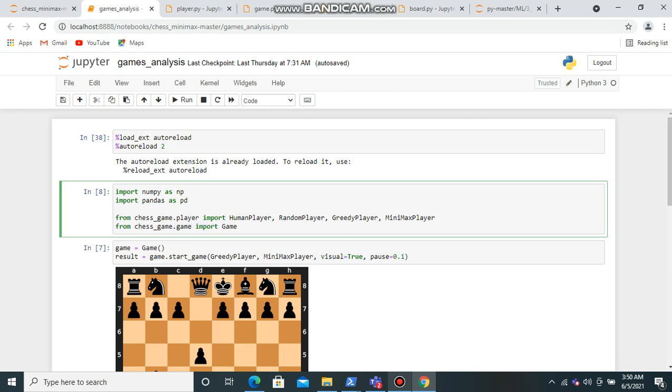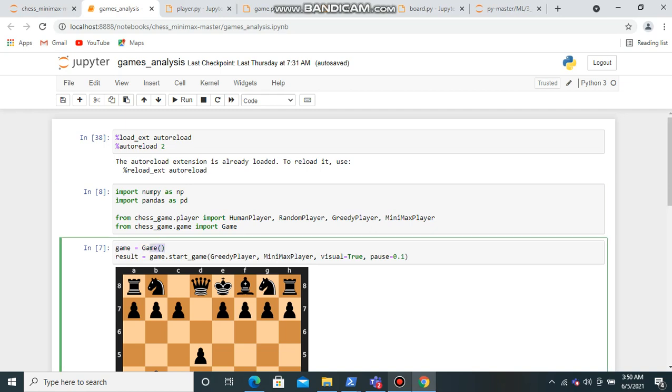So after importing the necessary data, we can make an object of the game class, and use it to call the functions in this class. We can use the object dot start game function and pass these four necessary parameters: the greedy player, the minimax player, visual true, and pause. These two are function names, and we can see them in